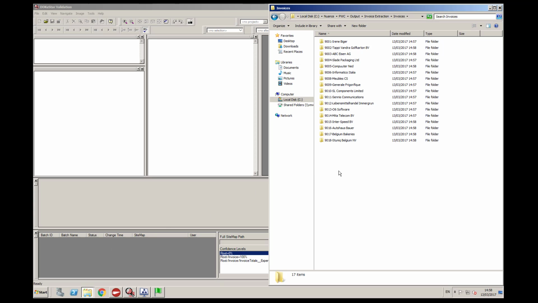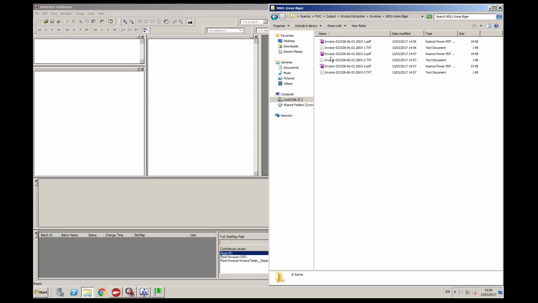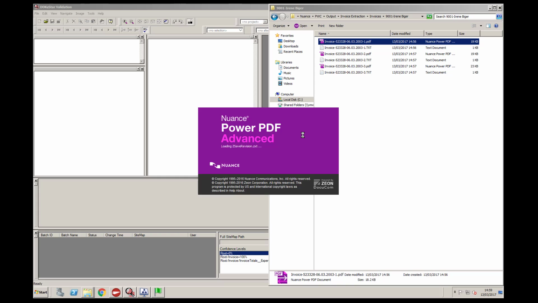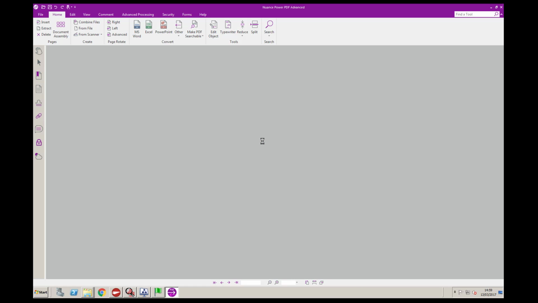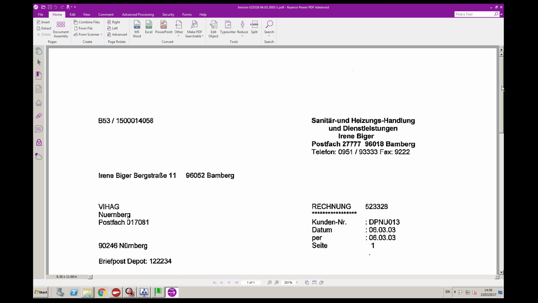So in the example here, you can see this is that folder back again. So you can see here I've started to get accounts been built. They've all been built very recently, and I can go into each one of these and I can see the fact that I have an invoice. I've even converted them to a PDF, so I can see what the PDF looks like. So there's the invoice as a PDF,